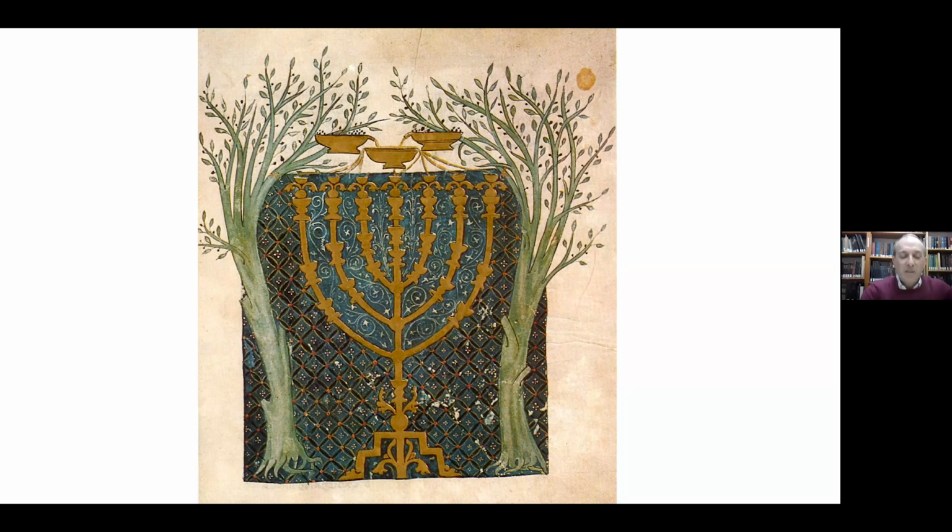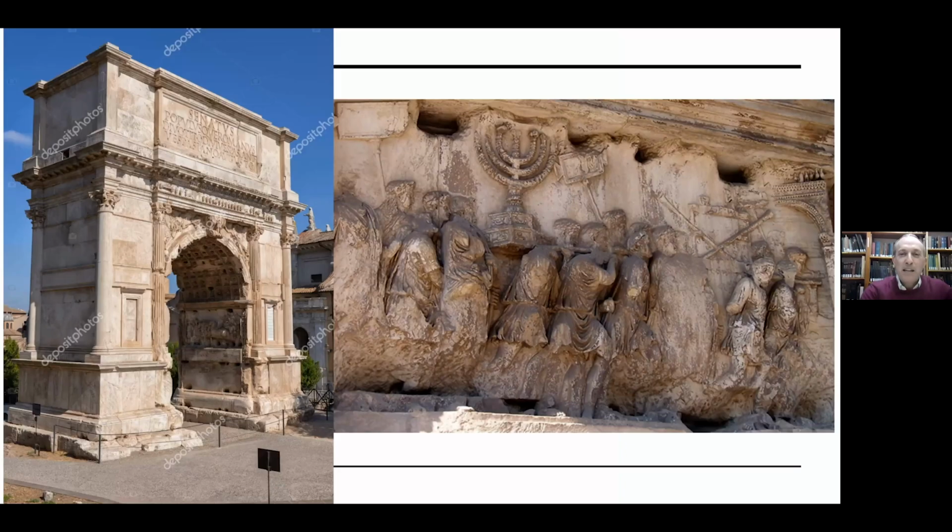Continuing on, we have the most famous depiction of the menorah that comes to us from the Arch of Titus. Those of you who have had the privilege of traveling to Rome to actually see the Arch of Titus, there you see the relief of the Roman soldiers hauling back the lampstand, right, that stood in the temple back to Rome. This is from, of course, the 1st century when the Second Temple is destroyed in 70 CE, right?